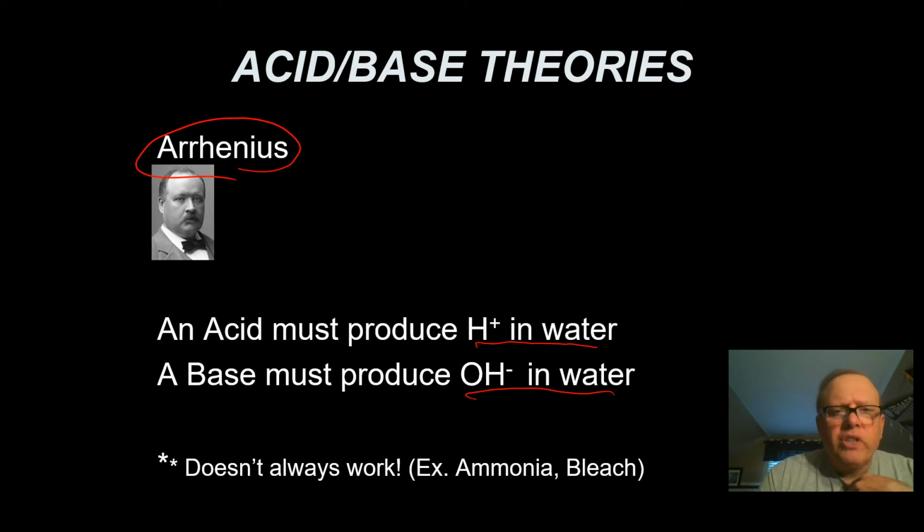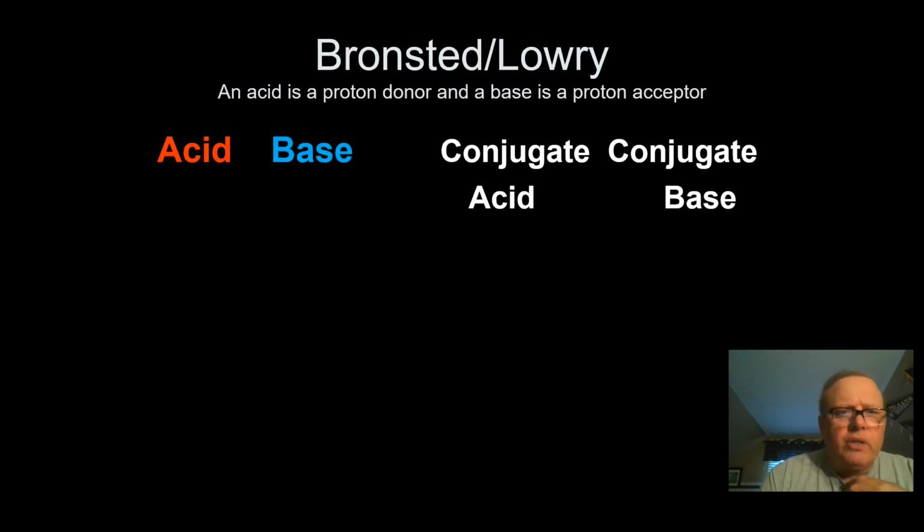So we end up with a second acid-base theory, and that second acid-base theory is called the Bronsted-Lowry acid-base theory. In this theory, an acid is a proton donor, and a base is a proton acceptor. And how this works is as such. And I'm going to start off with the example here of